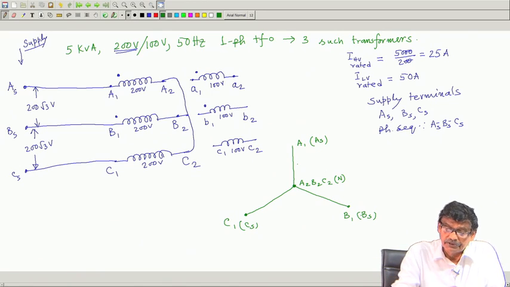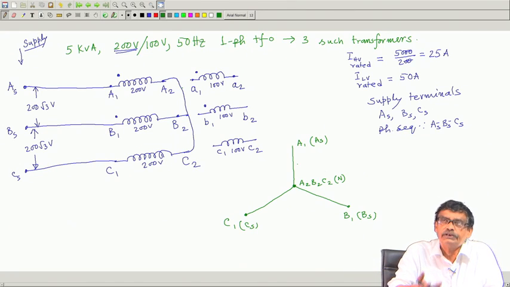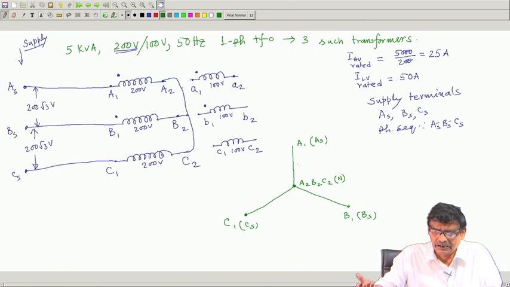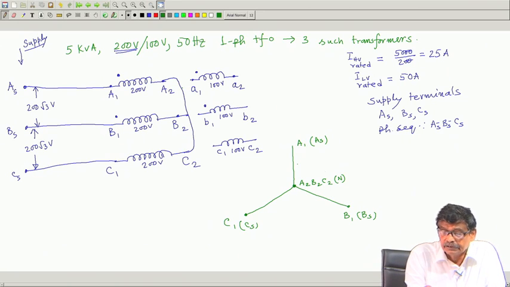Now, the moment you apply like that, to this transformer, we will be using only the rules of single phase transformers to understand what is going to happen if you connect in either star or delta. But I am sure about one thing: if the voltage phasor is 200 here, it must be 100 volt on the secondary, and the induced voltages are in phase.